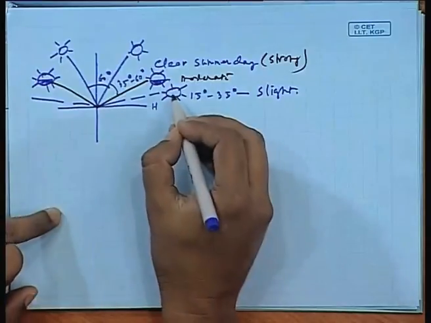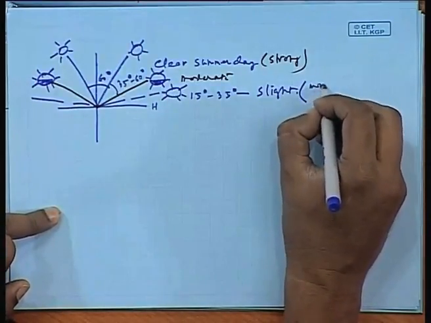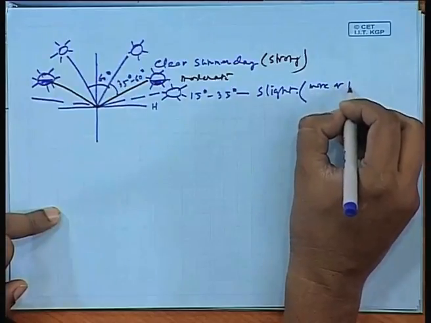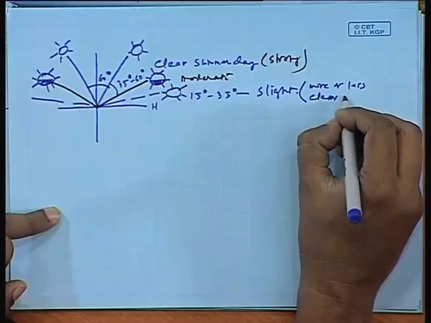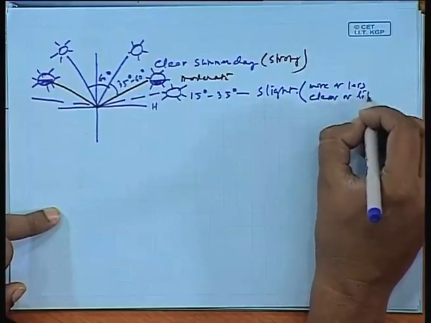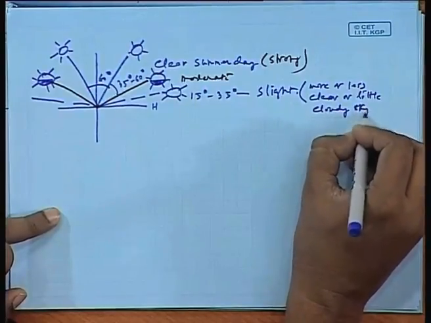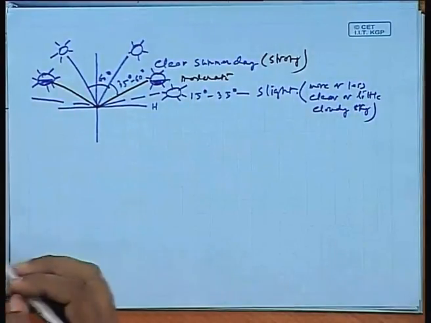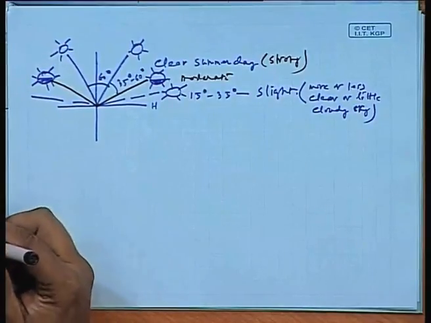More or less clear, or a little cloudy sky. This one would be strong, moderate, slight,